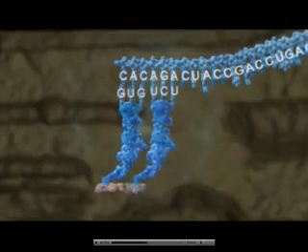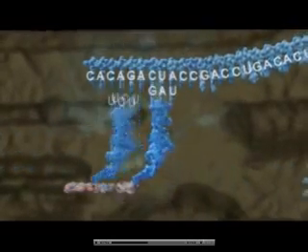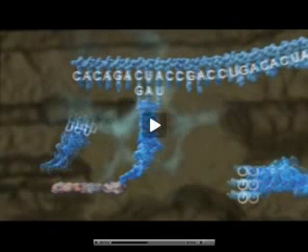Now let's go ahead. Watch what happens now. You see? Stop. Now we have three-letter words that have been coded. The transfer RNA has come up, and look what's happening down here. These are the amino acids that have been brought in from your cell plasma. You better be eating your amino acids or you can't build proteins. Why do you think all the health nuts tell you to take your amino acids?